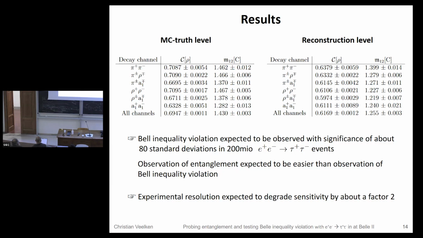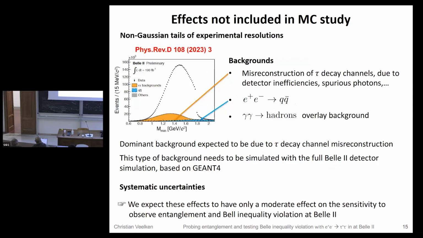When I show these numbers, I want you to take them with a grain of salt, okay? Because there are certain experimental effects that we did not take into account. And these will all have the effect of degrading the sensitivity somewhat. The message I want to give here is that after we take the experimental effects that we did consider into account, we only lost a factor 2. We're starting from 80 sigma, and then I leave it up to your imagination how much we will lose between 80 sigma and 5 sigma due to the effects that we did not take into account,